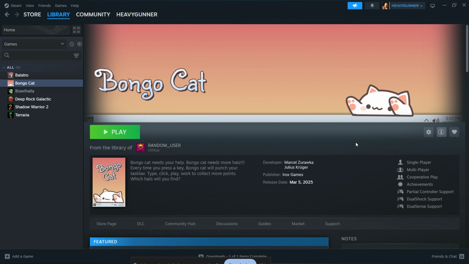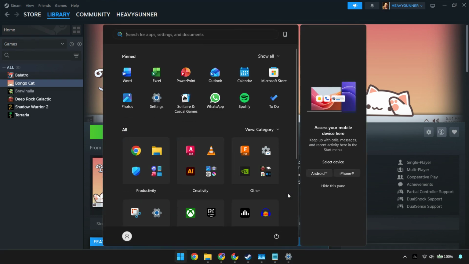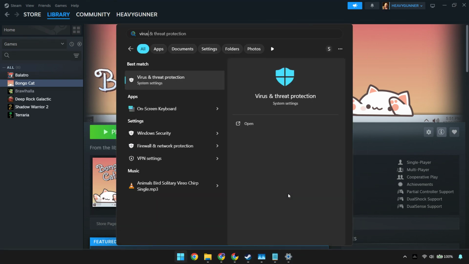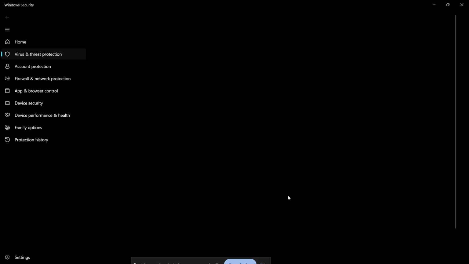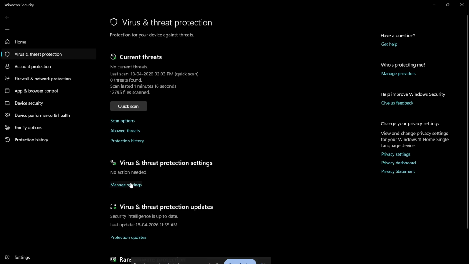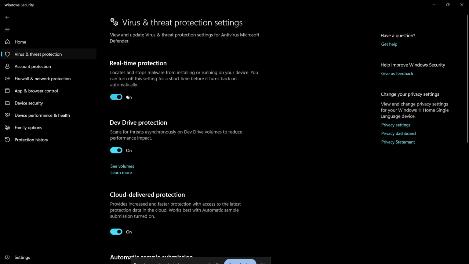After verifying the game files, go back and test Steam once more. If it opens normally, you're done. If not, I'd recommend also checking your firewall settings to make sure Steam is allowed through and temporarily disconnecting any security tools that might be blocking it. But for most users, flushing DNS, resetting Winsock, switching DNS servers, and disabling proxy or VPN settings is enough to